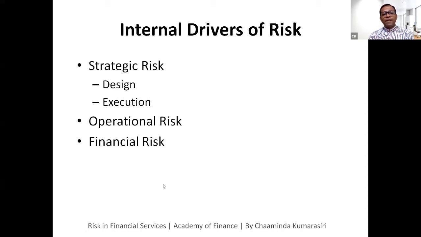Then we have financial risk. Right? Financial risk. So the financial risk is broadly, right? You talk about financial risk as a basket risk category. So this is broken down into subcategories. That means it includes credit risk, market risk, and liquidity risk. So all these three risk elements are generally included in financial risk as a